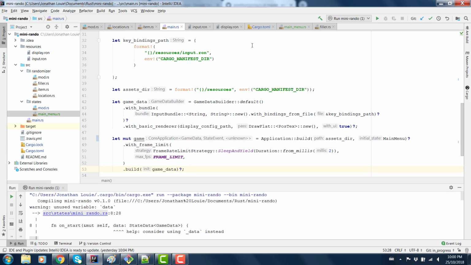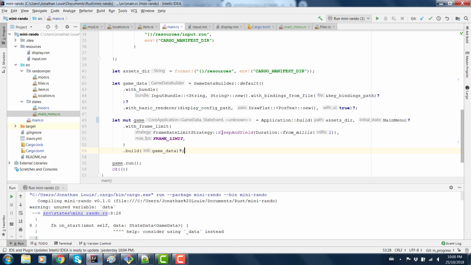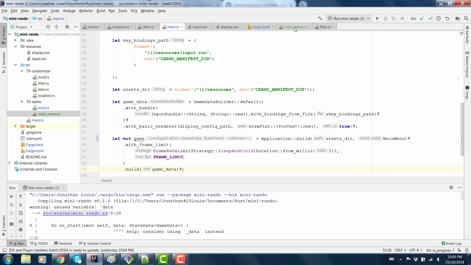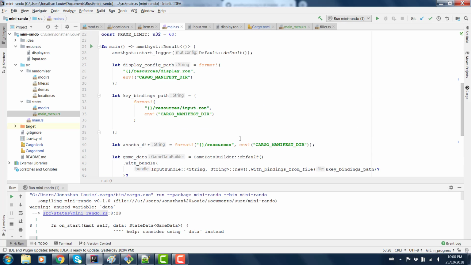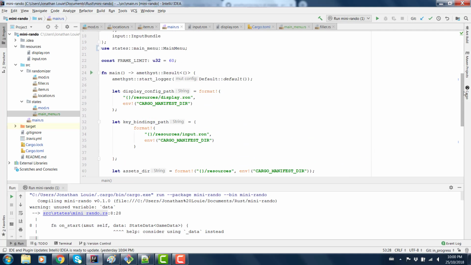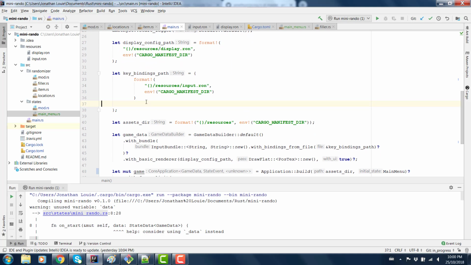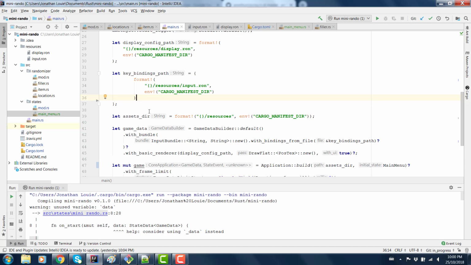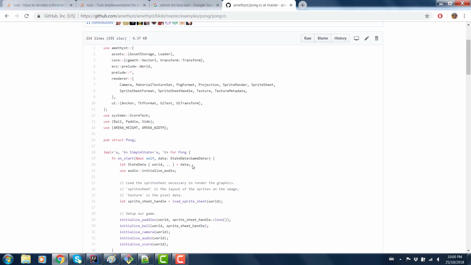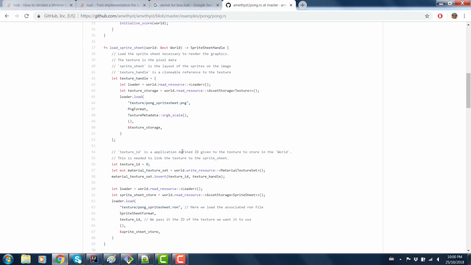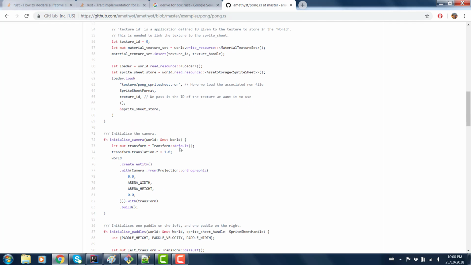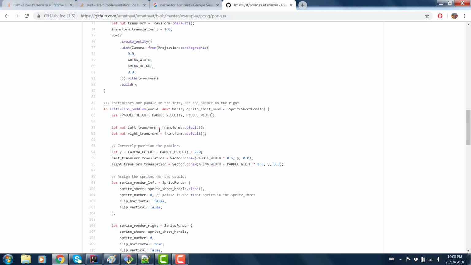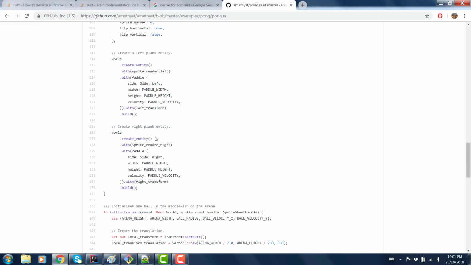Next, we need to actually, I guess, add a way to transition to other states. So I want to have some kind of menu option that allows you to do that. How am I gonna do all this? I haven't really played with Amethyst enough to know exactly right off the top of my head how that will work, so this will be kind of exploratory for the most part. I don't really expect to get anywhere today. I'm just kind of expecting to try some things, learn a little bit about how Amethyst is structured and how I can